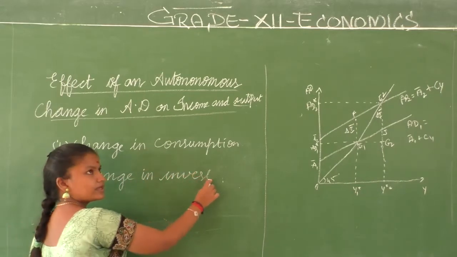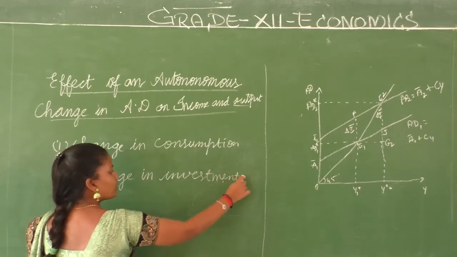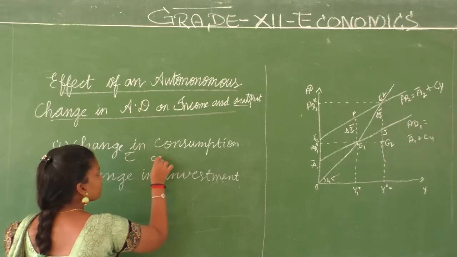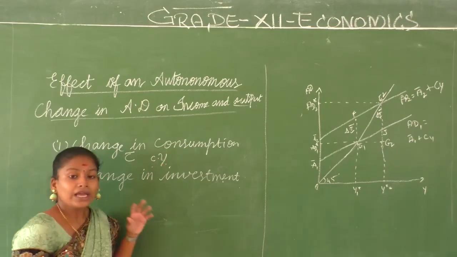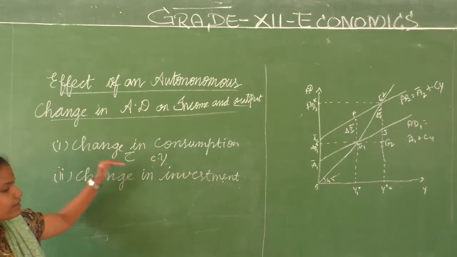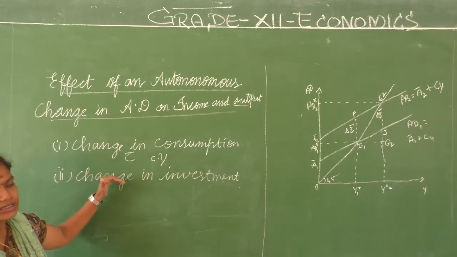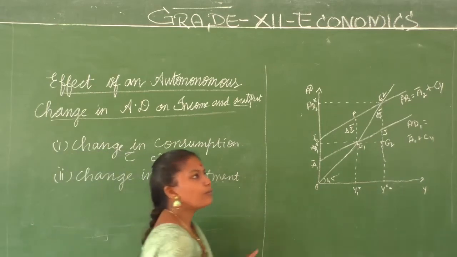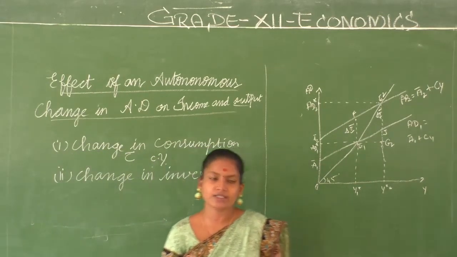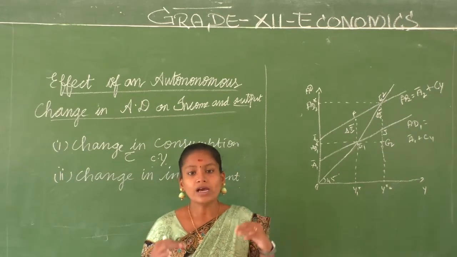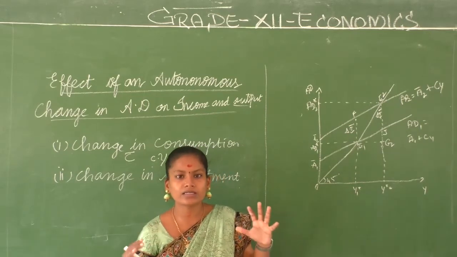Now there is a change in consumption. We know there are two things. We have C dash, the autonomous consumption, and we have the small c of y, which is called the induced consumption. Based on the income level, it changes. Whatever the income is, if there is no change in the consumption and it stays the same, then it is called autonomous consumption. But so far, one important point is that in investment expenditure we don't have a change. We have kept it that way in this particular model.